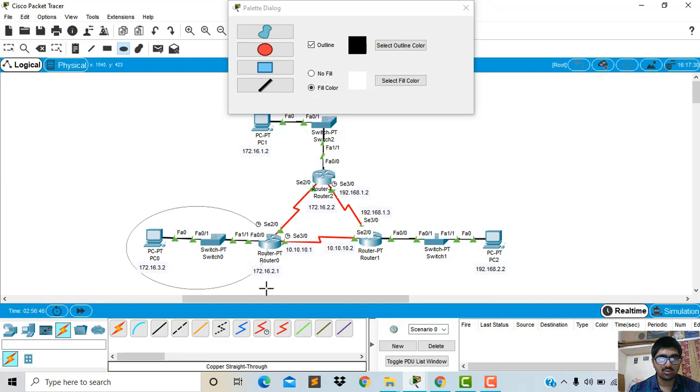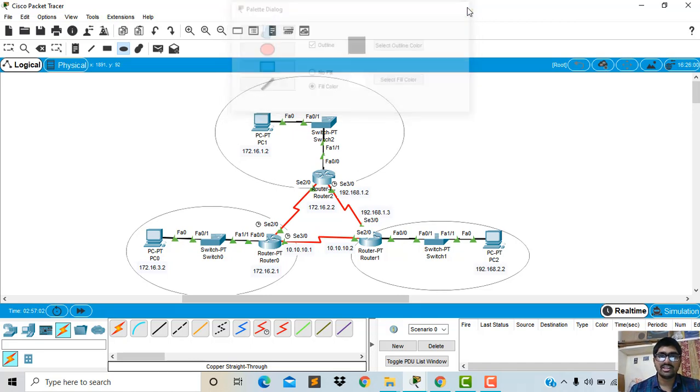This is one LAN, and this is another LAN. This is the third LAN. There are three LANs to perform the networking with dynamic routing.